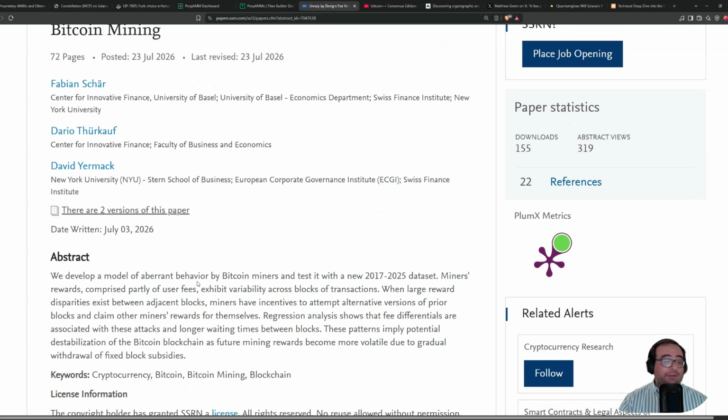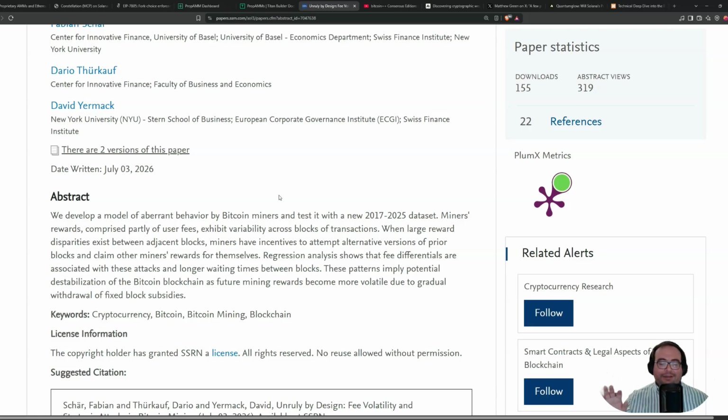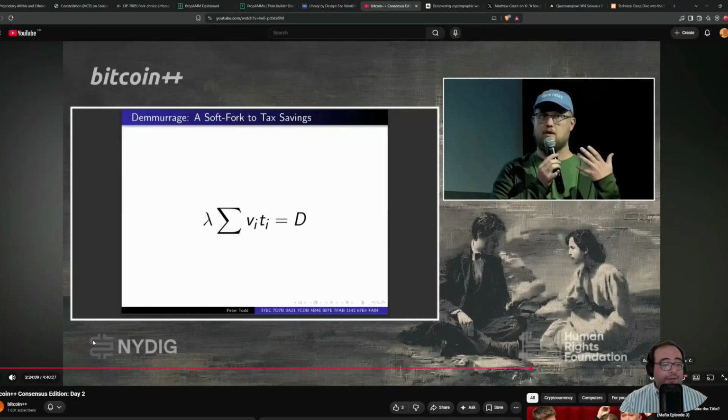We will see, but let's say that this doesn't work and there are no such economic actors willing to mine at a loss or whatever. We need to incentivize miners in a way that is more robust than just transaction fees. And there are possibilities. So this was an interesting presentation, and the Bitcoin++, BTC++ consensus recently held this conference.